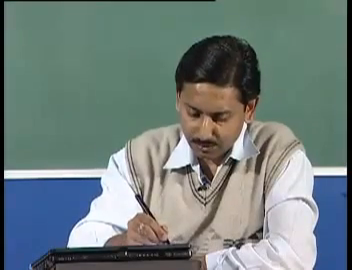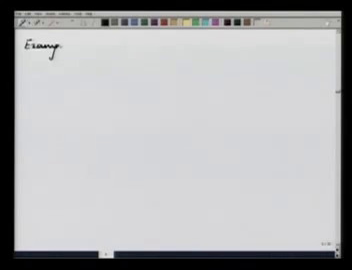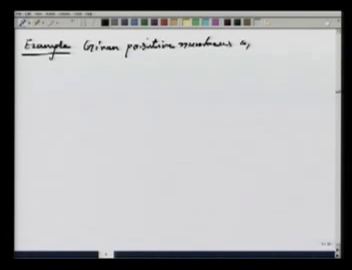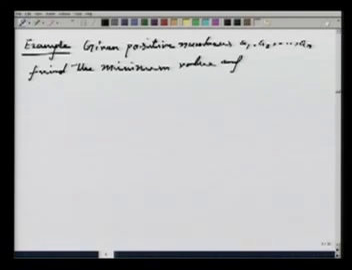Now let us look at another example. Given positive numbers a1, a2, let us say up to an, find the minimum value of a1x1 plus a2x2 plus up to anxn such that